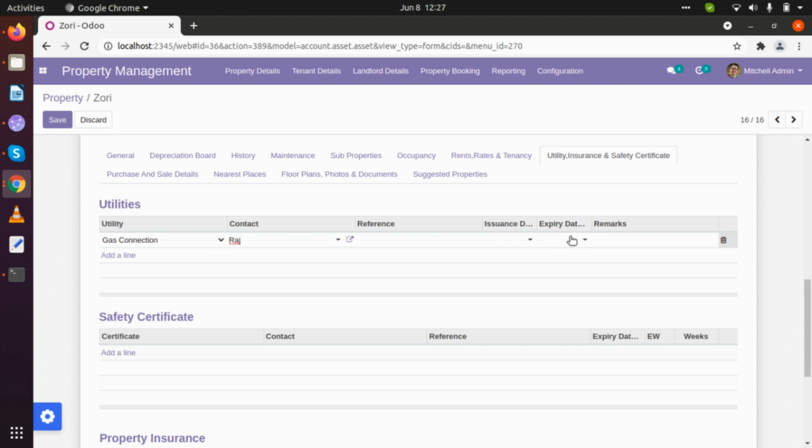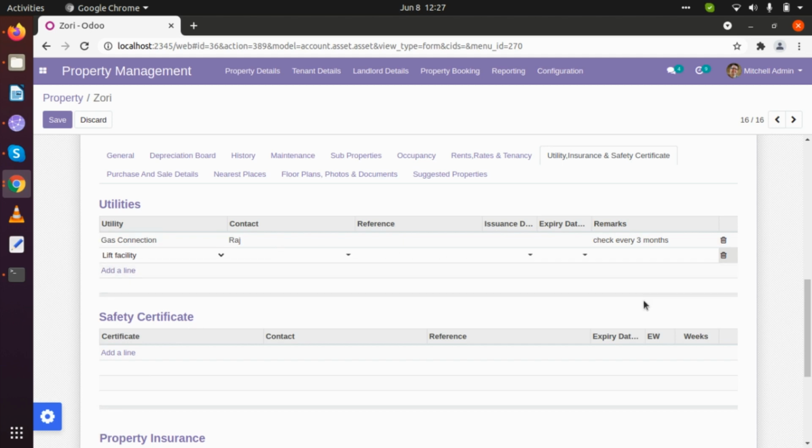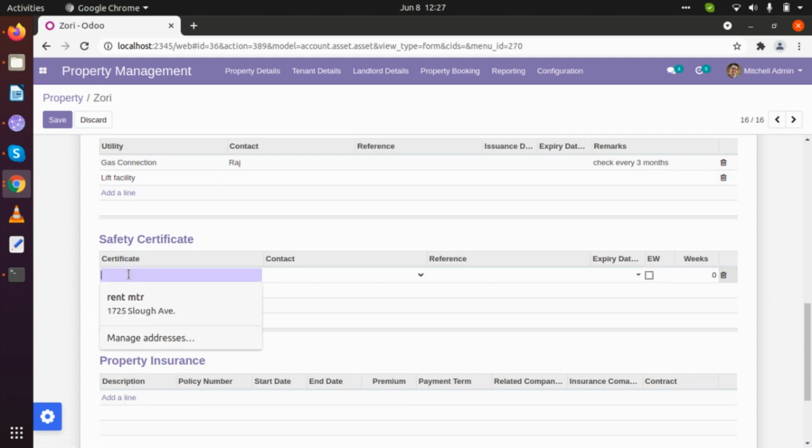Its expiry date can also be added, and if there are any remarks, we can add them here. If there is any lift facility, let's say, we will be adding those also. If there are any safety certificates, like fire safety certificates or anything like that, those can also be added here.